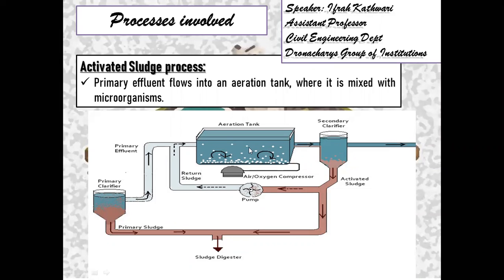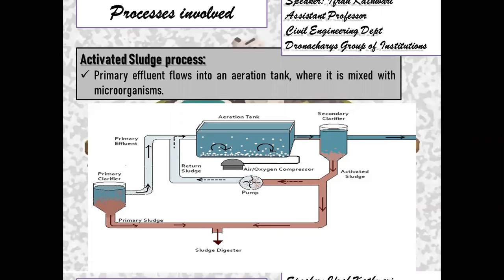It happens when you find organic matter present in the sludge. If it is still present there, then we again send it to the aeration tank, and the same process takes place again. And if there is a complete removal of organic matter from the sludge, it is sent to the sludge digester, where it can be treated again and used for the said purpose. So this is one of the processes involved in secondary treatment.